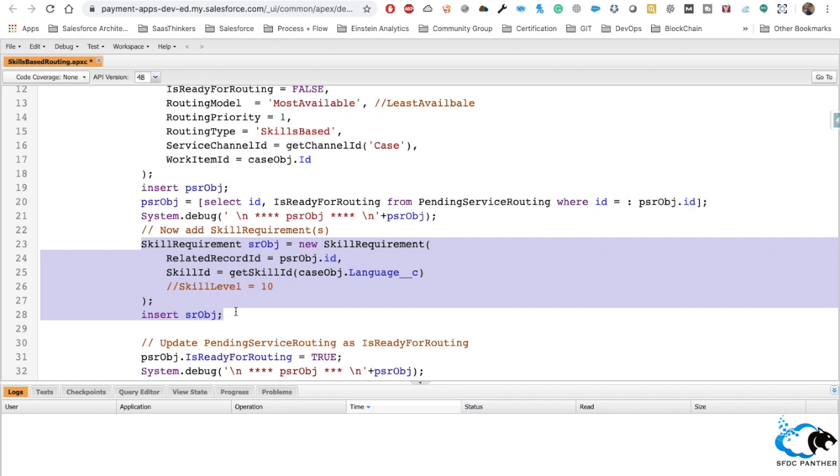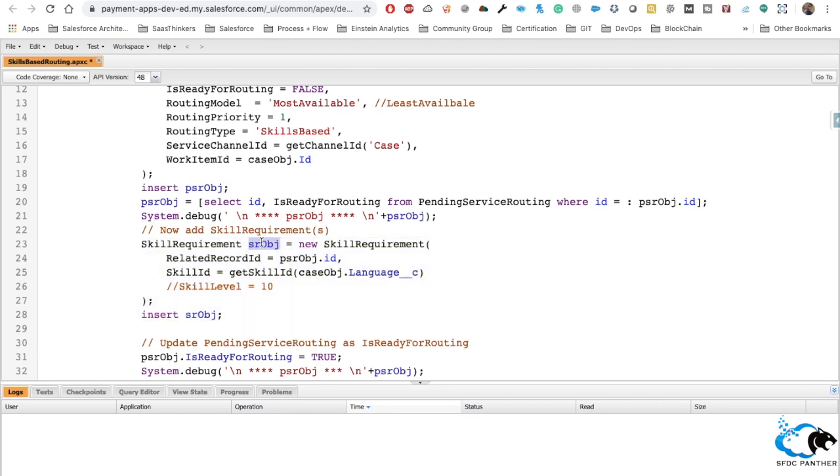So in the next step, after querying this pending request object, we are going to create another object, that is skill requirement. This skill requirement contains three fields. One is the related record id, which is our pending request object that we just prepared. And then one is skill id, which skill the agent must have to get the pop-up for that work item.